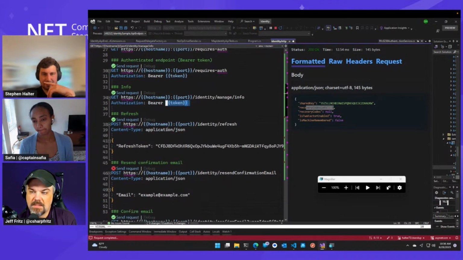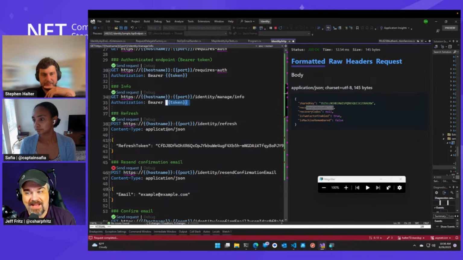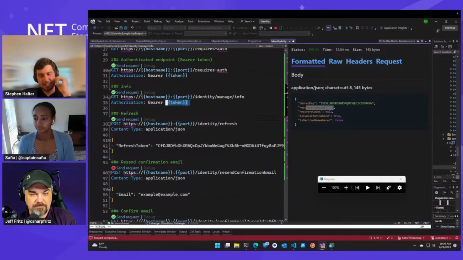Okay. Some other questions coming through here. If a user got a token and that user was then disabled and invalidated, does it also invalidate the token? No. So this is similar to how it invalidates the refresh token basically if you change the security stamp. So eventually the access token will expire in an hour. This is pretty similar to how cookies work.